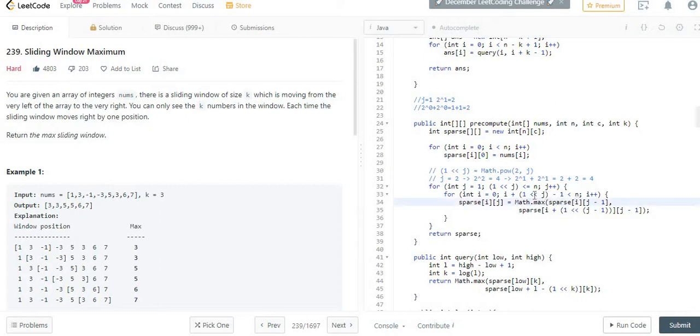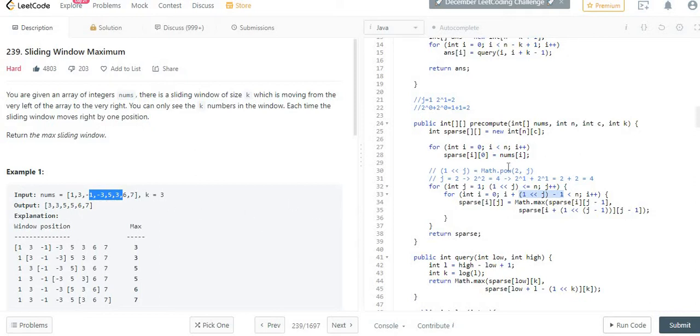If I shift by j, 2 places, it is going to be 4. 4 plus 2 is 6, and 6 minus 1 is 5. So it will calculate the elements in the range of 2 to 5. It will take these many elements, these 4 elements when j is 2.